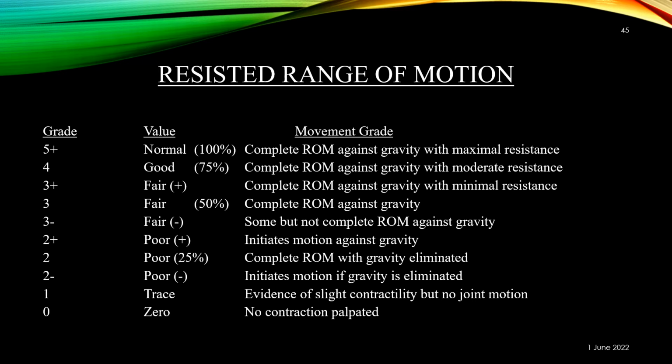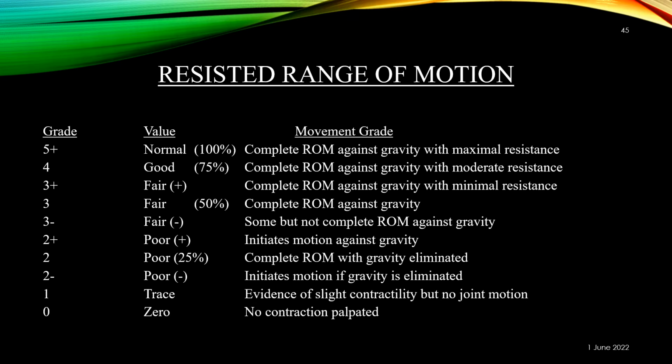So let's read this, 5. It's normal, complete range of motion against gravity with maximal resistance, which means the client is resisting the therapist's resistance. So you need to give it a good push to get a good 5. Then, complete range of motion against gravity with moderate resistance. So they start shaking when you're pushing. They can hold on, but it's not necessarily the best. They're really struggling to a degree. So you can subjectively chart that